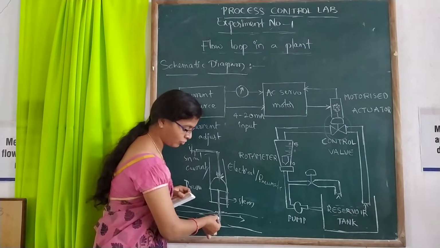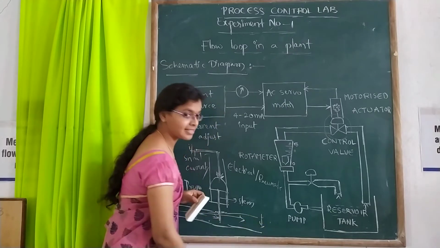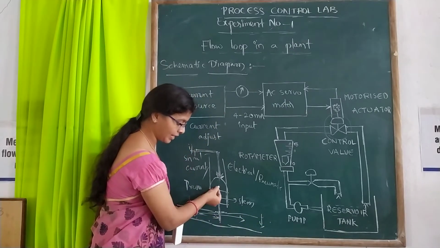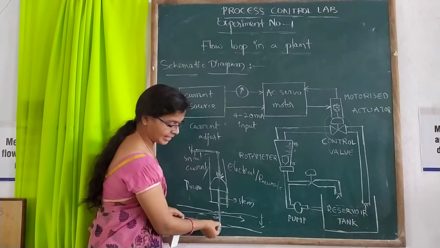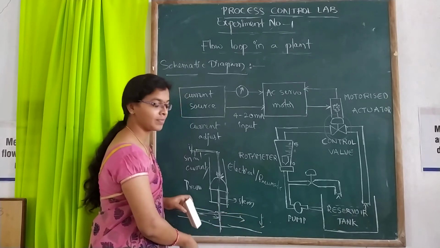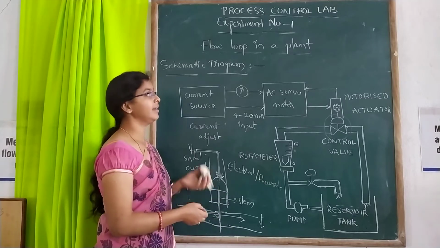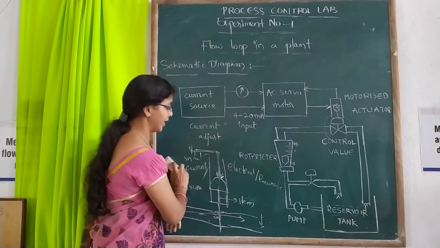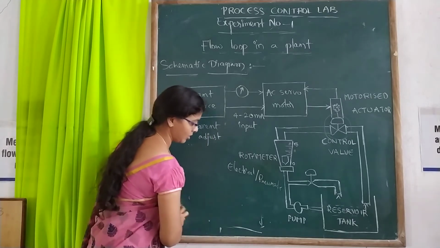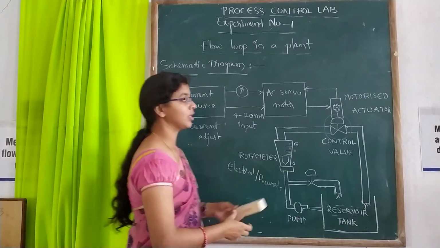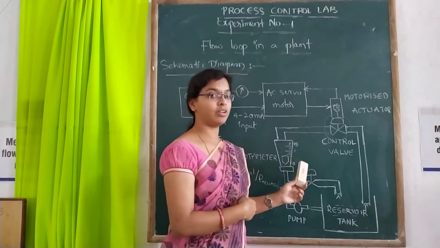That will restrict the flow, which means the flow rate will decrease. If the stem moves down again and again, the flow rate will be entirely closed. So like that, we are going to measure and control the flow rate in this particular servo regulator type equipment.